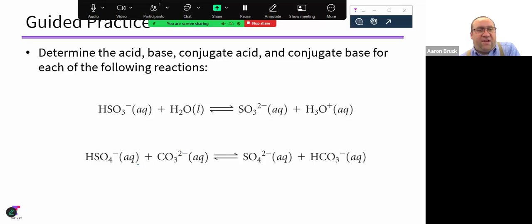Bisulfite's the acid, because we've got the hydrogen going from there to the water, and we can see the result of that because the bisulfite now has one less hydrogen and the water has one extra hydrogen. So under that definition, the bisulfite is acid, the water is base,